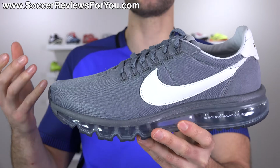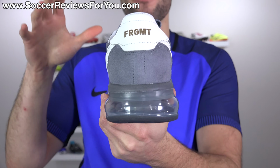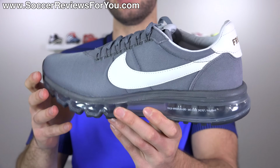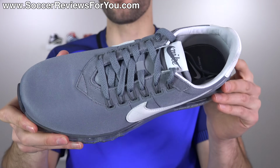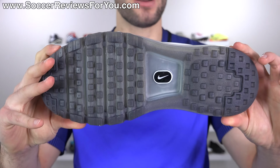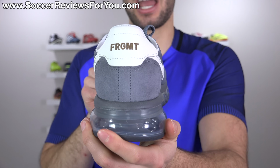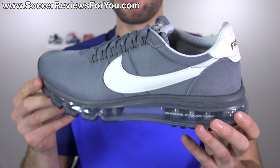But this of course is a Fragment collaboration, and I can't say that I'm too familiar with how well this particular one was received or sold. It ended up in a Nike clearance outlet, so I can't imagine it was overly popular. But for $65, I really like them. I was familiar with the shoe. I had seen it online when it came out about a year ago, but in person, I just really like